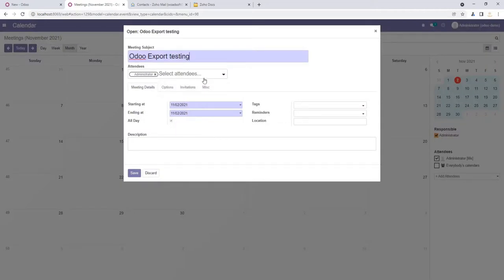For example, we can add attendees. Here we add king, and we can add some description values. I just copy the above text and paste it in the description. We add this information for testing purposes and simply click the save button.